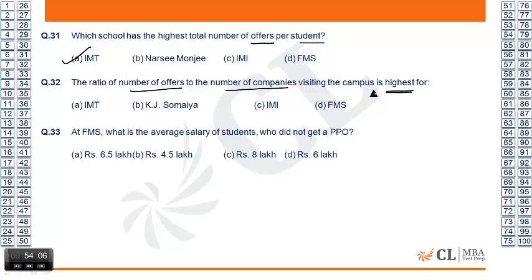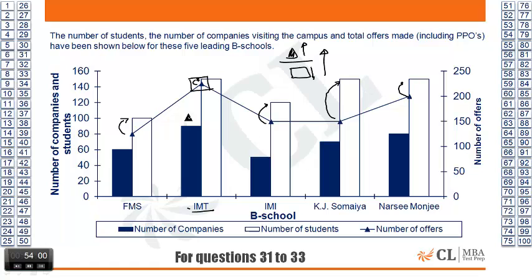Number of offers, number of companies highest. Be very, very careful. So which is this now? Number of offers divided by number of companies. I'm on the black one. And this has to be the highest. So numerator is high and denominator should be low. Okay, we are looking at this divided by this. Numerator is this, denominator low. Numerator is high, denominator is low. So this anyway FMS goes. Okay, numerator high, denominator low.